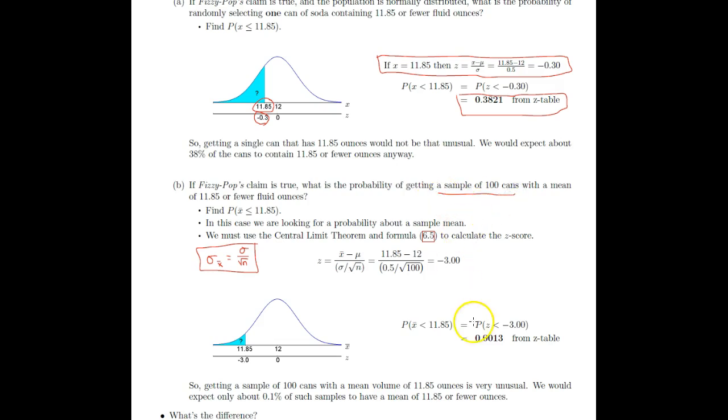Okay? So what's our data value? Our data value is that 11.85, so that goes right here. We're going to subtract the population mean, which was 12, and then we're going to divide it by our new standard deviation, which is sigma over root n. So we're going to divide it by 0.5 divided by square root n, which is square root 100. Okay? So you do this, and be very careful with your order of operations. Here's a little tip. Put the numerator in parentheses.